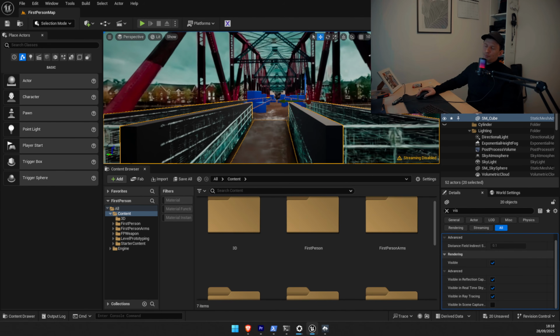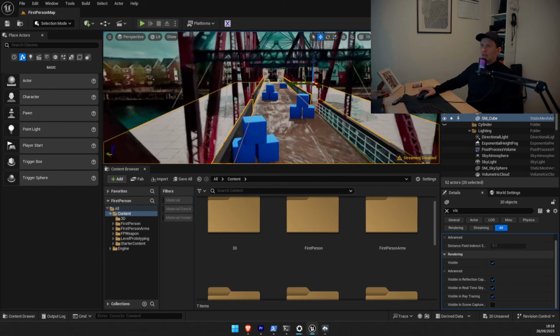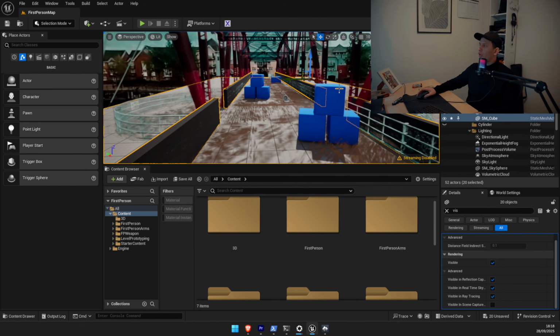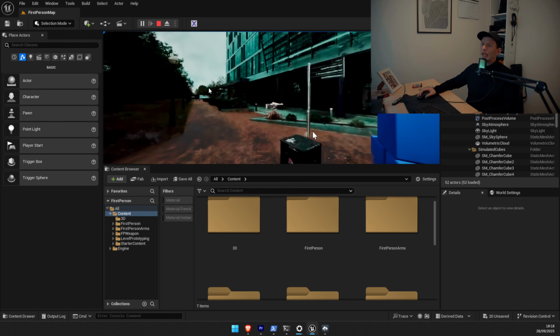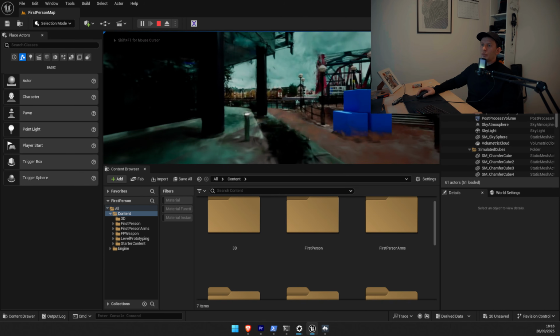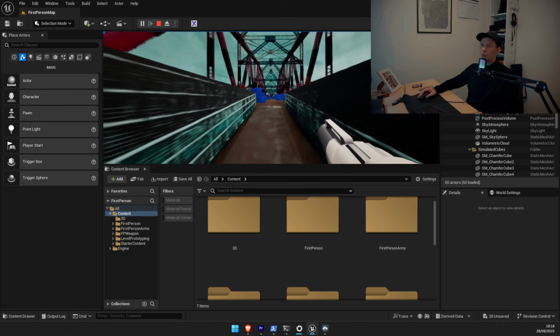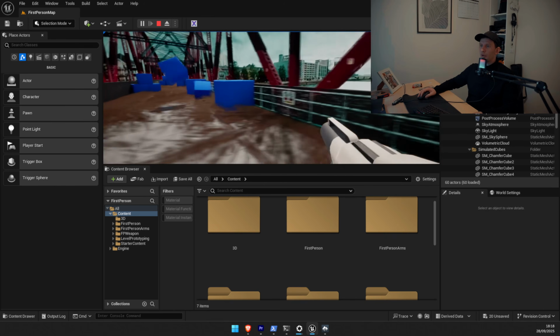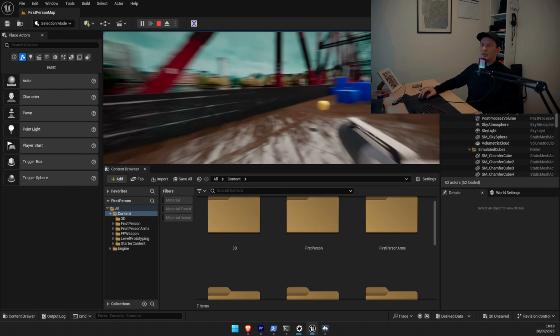You put boxes on the left, boxes on the right, and you try to reconstruct how the bridge looks. And then if you click play, you're going to be able to get a more realistic result, where you are the gun. You see the boxes are keeping